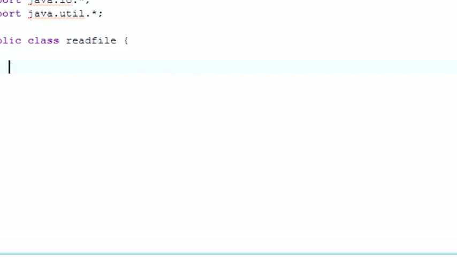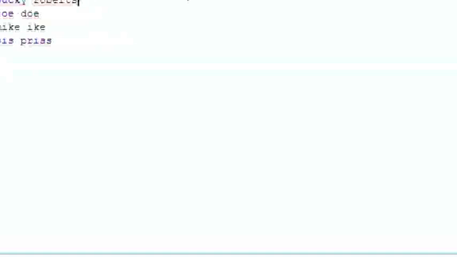Welcome to your 81st Java tutorial, and we are finally going to learn how to read stuff from a file. As you can already see, I created this Chinese.txt file and I added 3 more records to it. The first one is Bucky, the second one is the ID number, and then a name, ID number, name, ID number, name. So it has 4 records, and a record is pretty much a